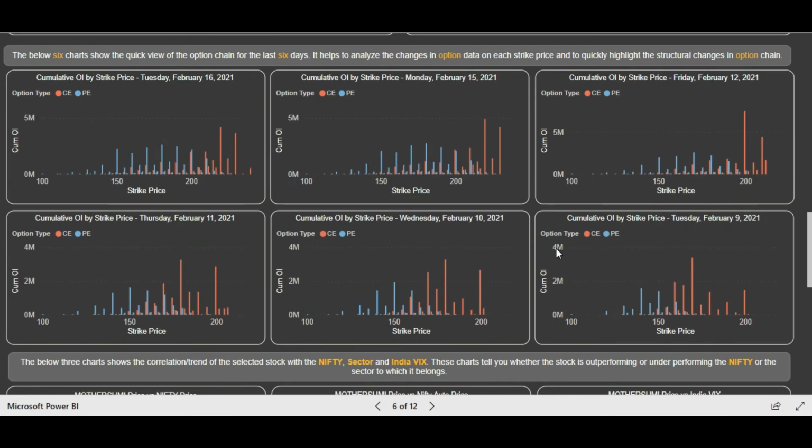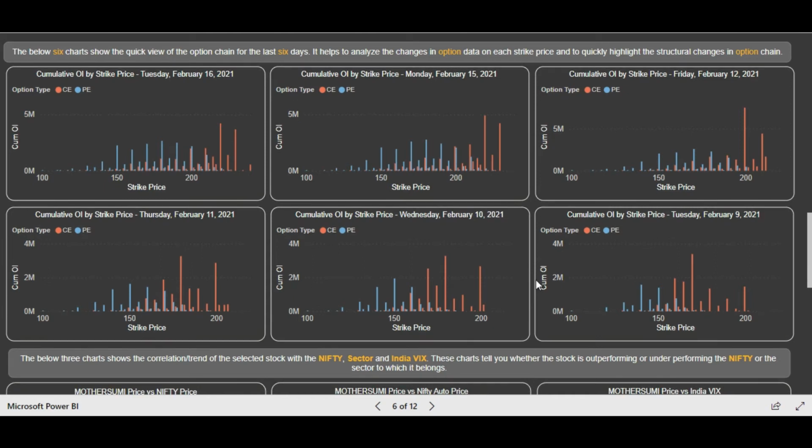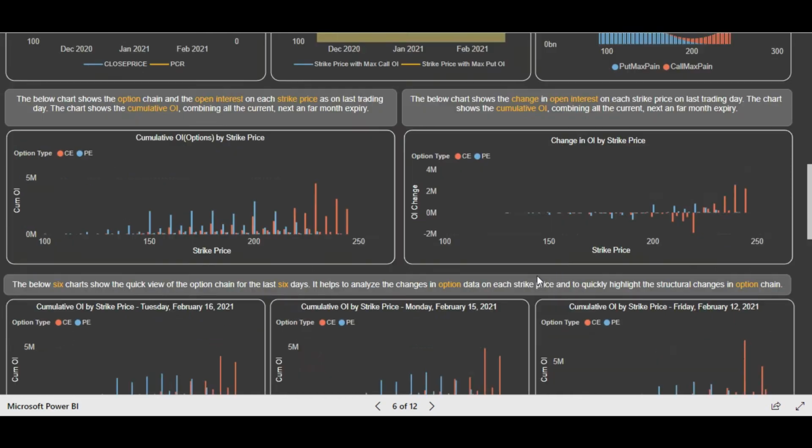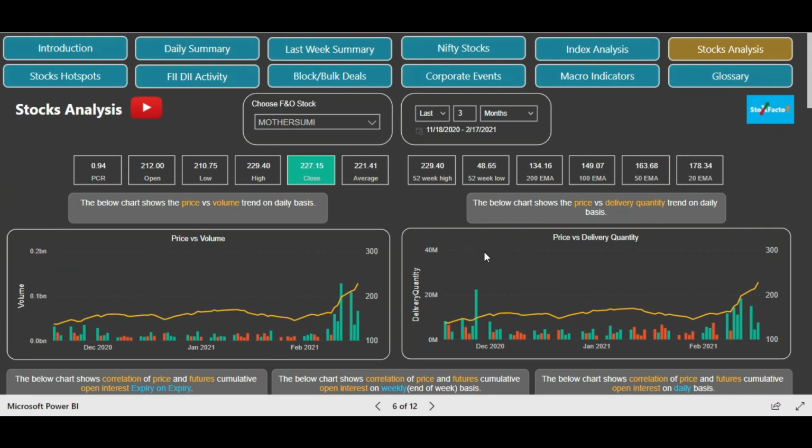So now every data is in harmony, and you know that if you're going to take a trade on this, that would be a high probability trade, and obviously the chances of success are very high. So friends, now let's take an example of one more stock and let's see how the data changes in the option and how we can analyze.